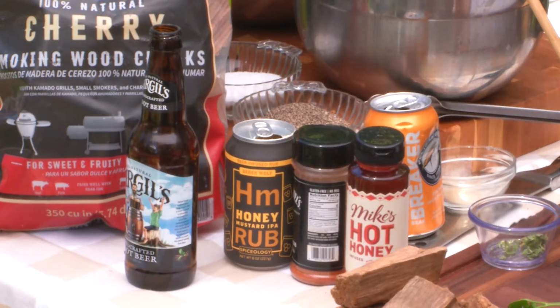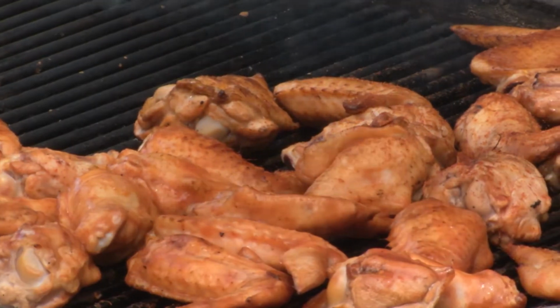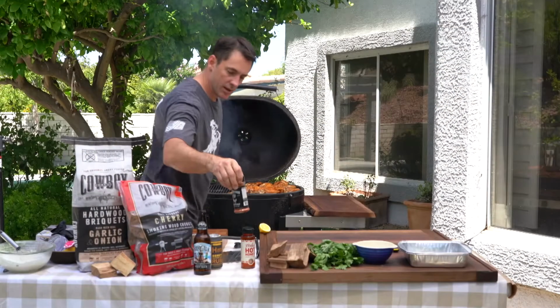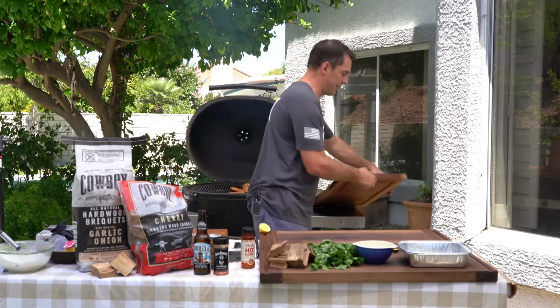Okay, while those are cooking, we're just about ready to switch those to the other side. Clean up our spot here. Yeah, I think we missed a couple spots with our Jack Daniel's seasoning, so we're just gonna hit that one more time. Okay, now we're getting there. I think we're almost ready